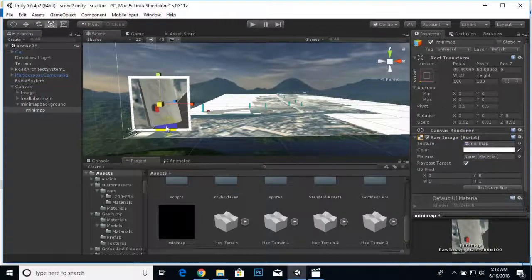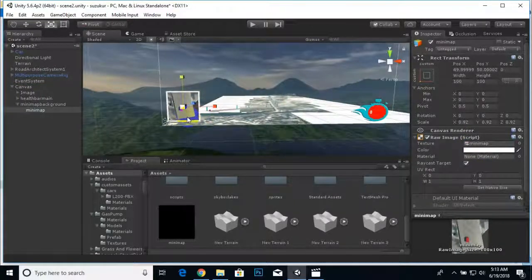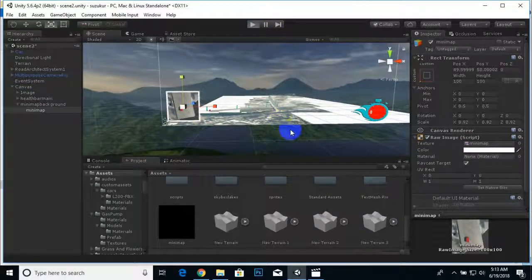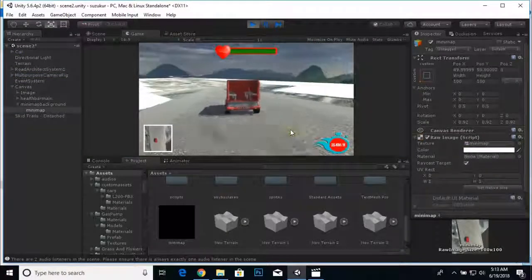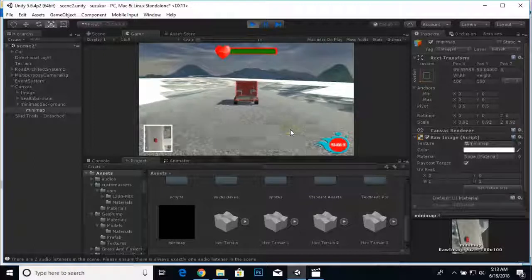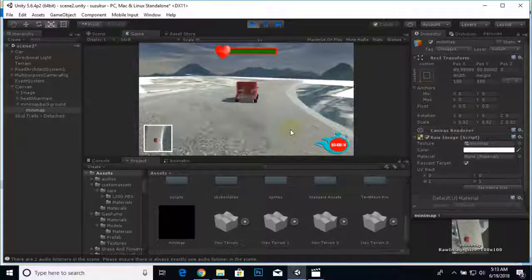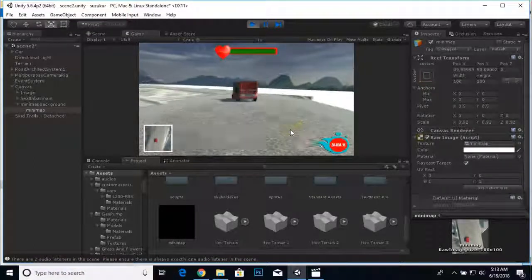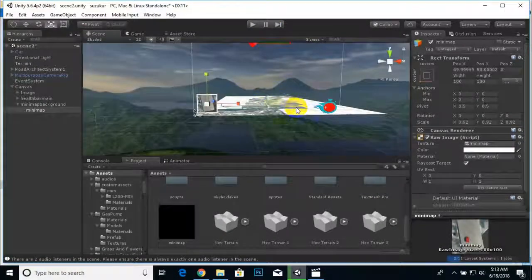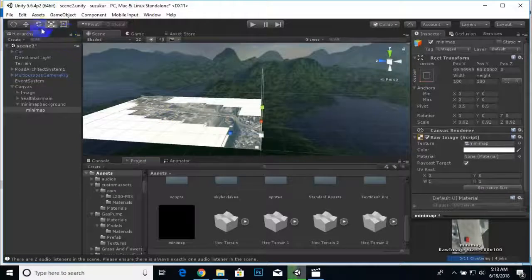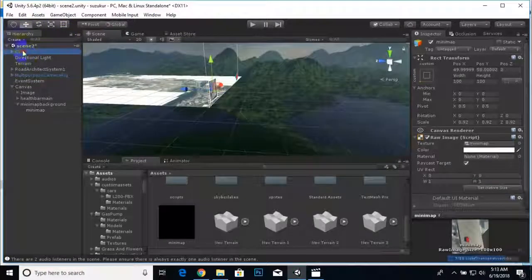So now you can see our minimap is visible, and if we run the game, our minimap is working absolutely fine. But we have to adjust this camera higher actually, because this is too close.